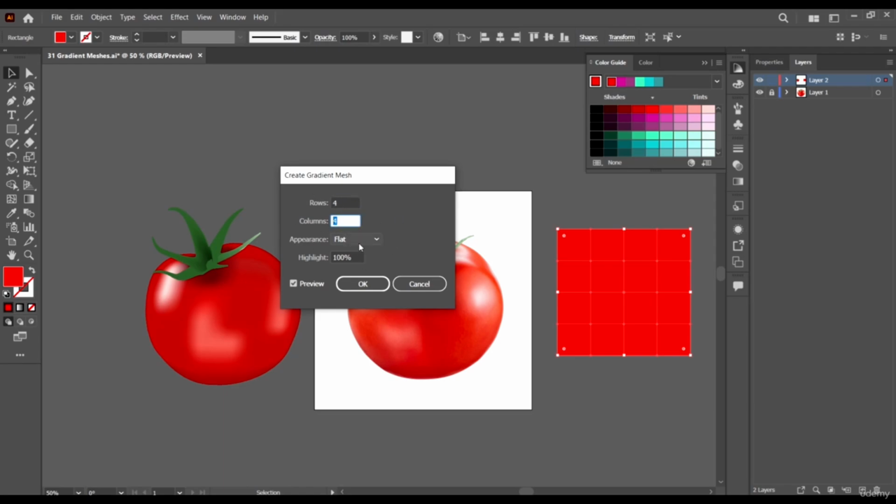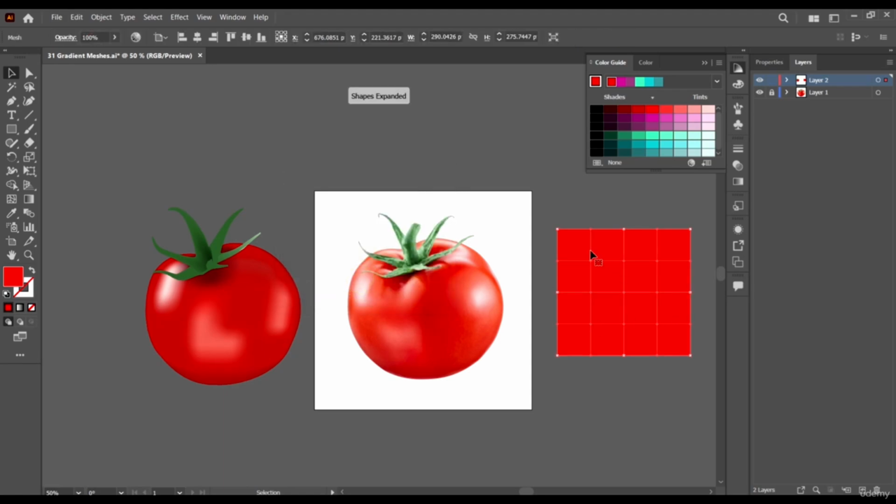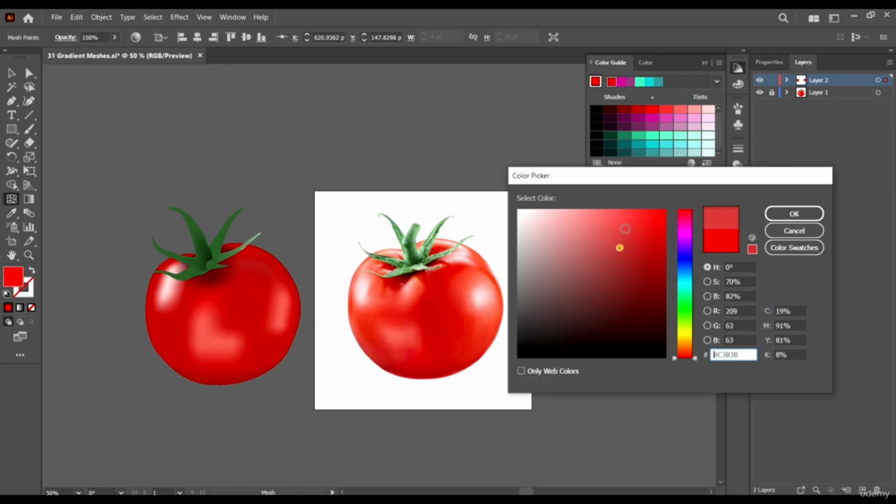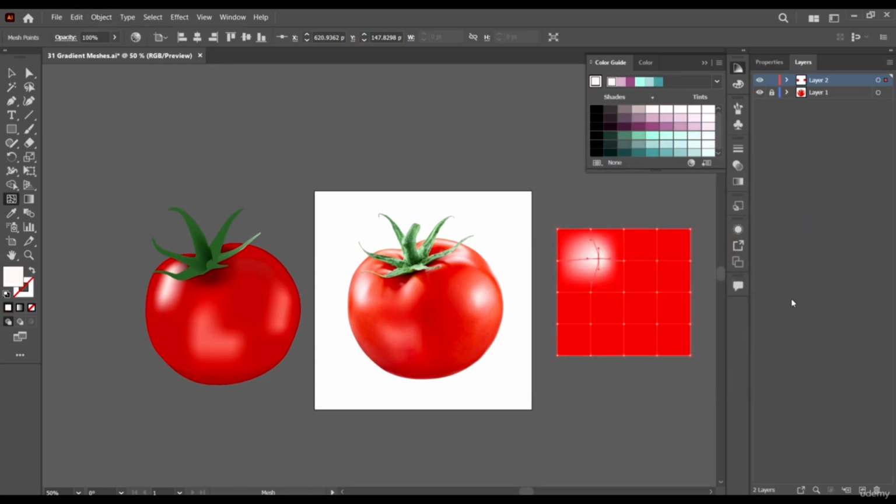And we have this other one which is appearance, and then we have flat, to center, and to edge. You can try other options for yourself, but I'm going to stick to flat. And when we click OK, you can see that now we are able to select these points, just like we did with this one, and then just give them a color. So that's just for you to know.